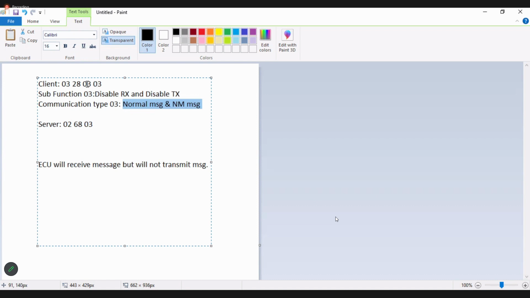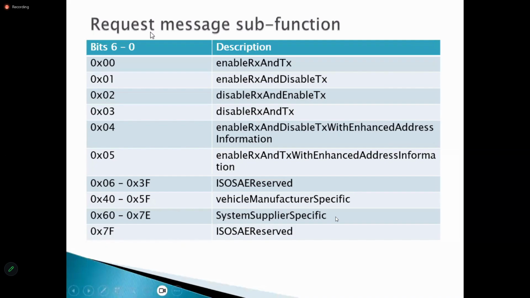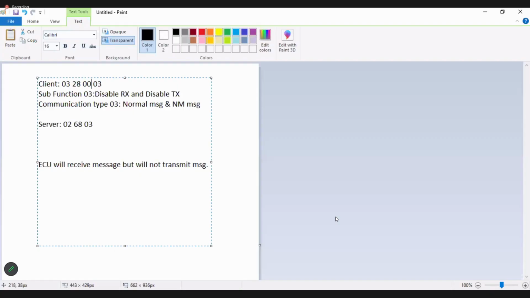Now again the client wants to enable TX and RX both. For enabling TX and RX, what is the subfunction? 00, sir. Good. So now the client will send 280003. That means enable RX and enable TX. Correct? Then the positive response will be